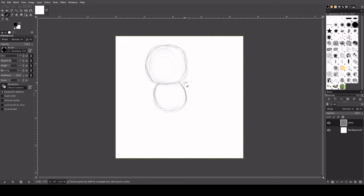And so we're going to be drawing a character from an anime here and see if we can learn anything. Just gotta learn by doing,